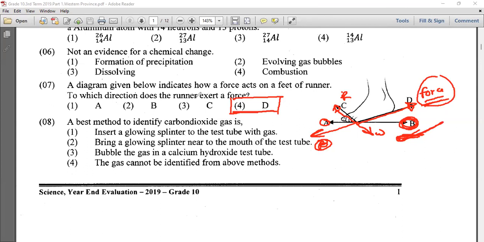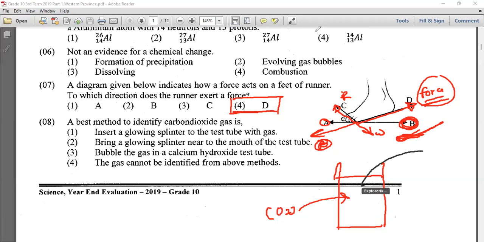All right, eighth one, best method to identify carbon dioxide. Carbon dioxide is an extinguisher of fire, which is not supporting fire. Insert a glowing splint into the test tube with gas. Yes. If you take a carbon dioxide filled gas chamber, and then insert a glowing splint into this